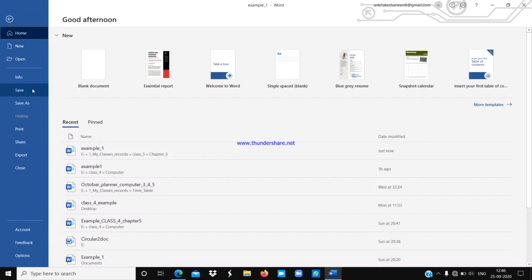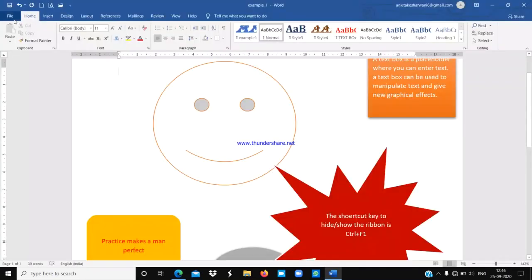Instead of clicking on Save As, from the second time onwards, you have to click on the Save option only. Understood everyone? So like that you can save any file again and again using the Save option, or you can use the Control plus S key combination from your keyboard.